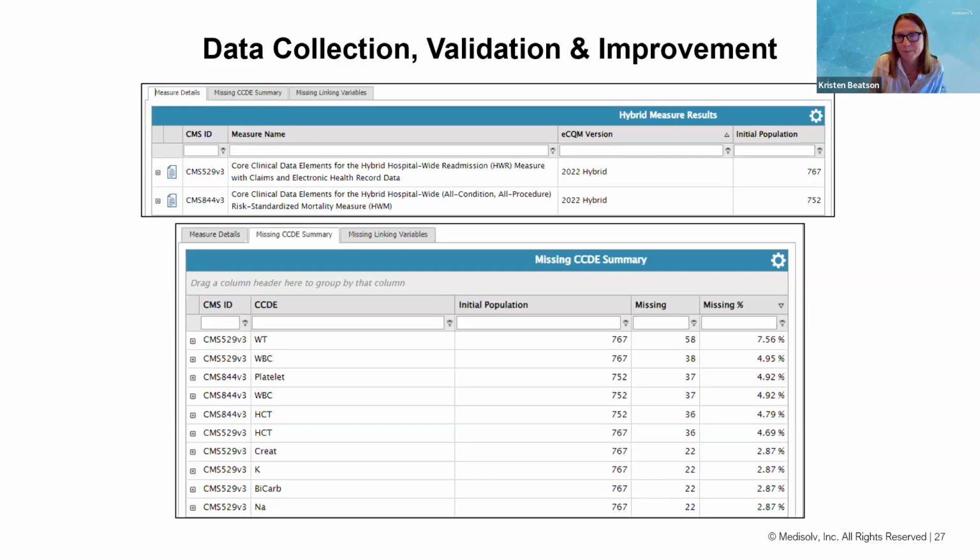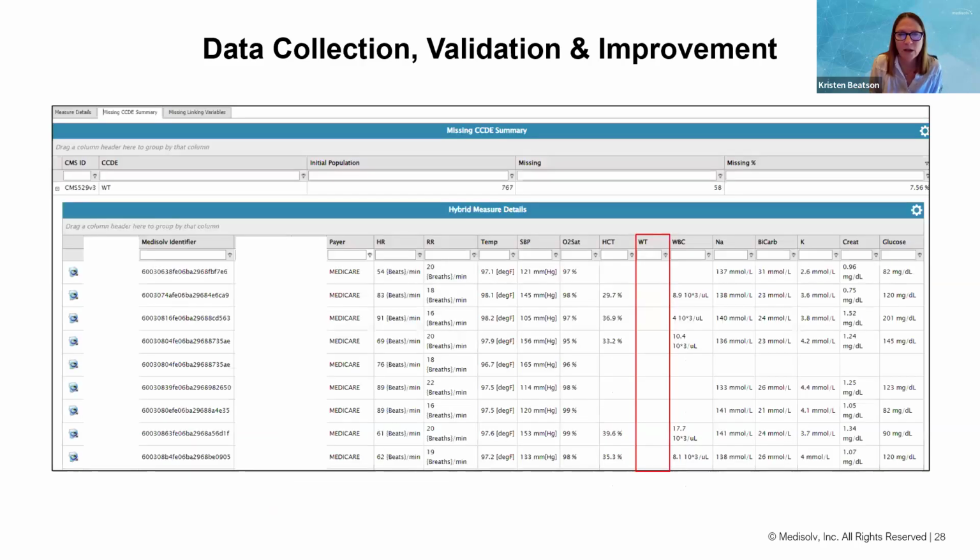Next slide. And within Encore, you can drill down and see those patients. You can see any patient, their documentation for each of the CCDEs, and then where there are gaps. So again, if we're talking about weight, you can see the patients that are missing the weight, all 58 of them, and you can go through the patients and look at, was it truly not done, or was it just done after the timing requirement, or maybe there's an issue with the mapping for that.